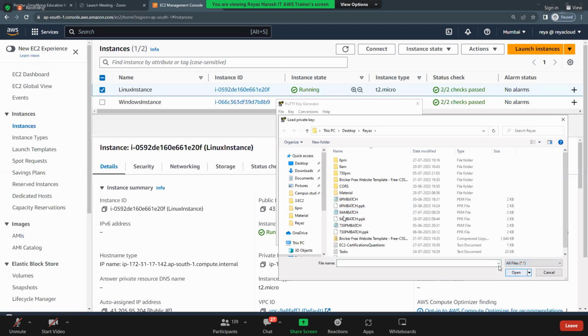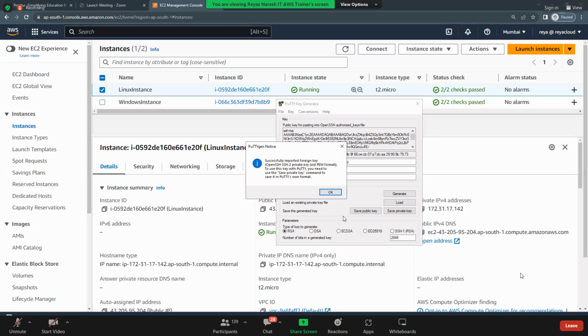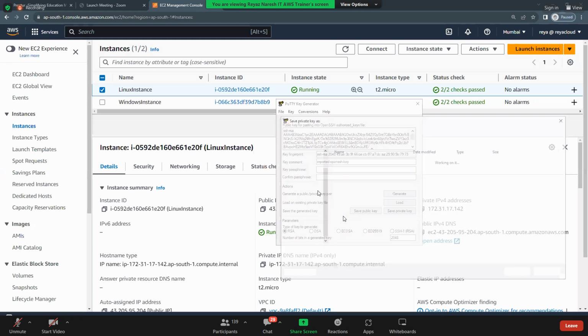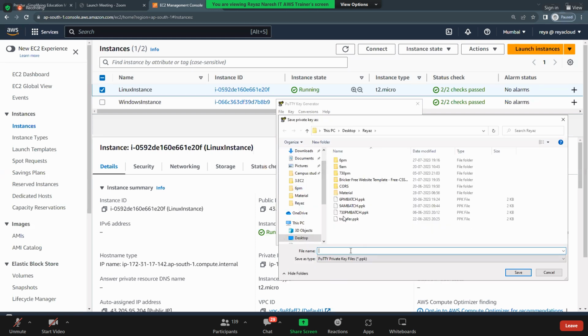All files. And which one? 9 a.m. Open. Okay. Save private key. Yes. And then give 9 a.m. batch. PPK. And then save. Save it in a good place. Understood? Super.